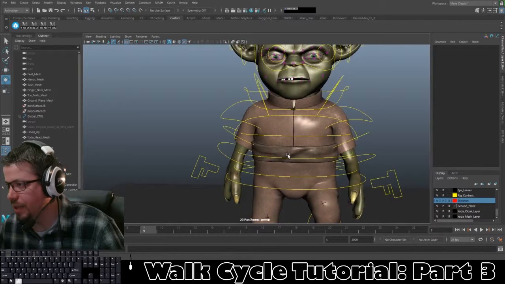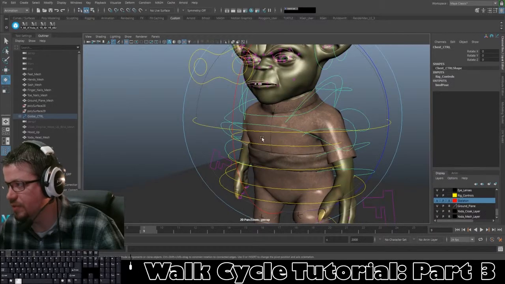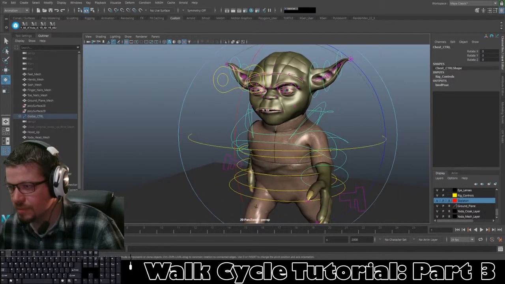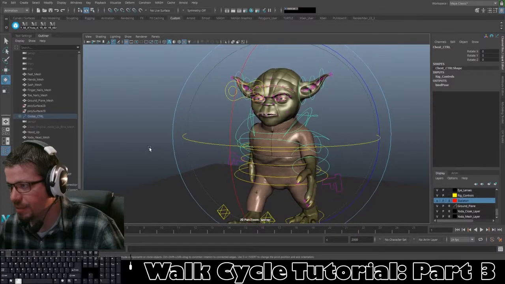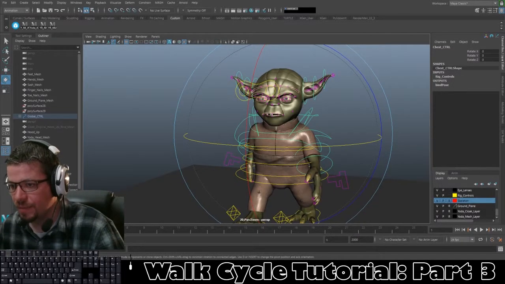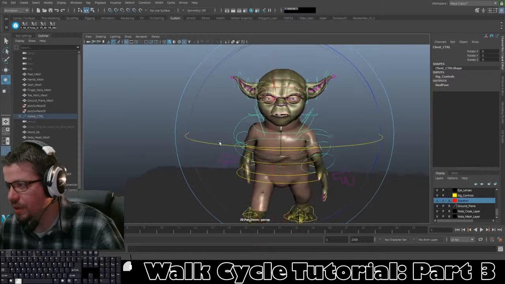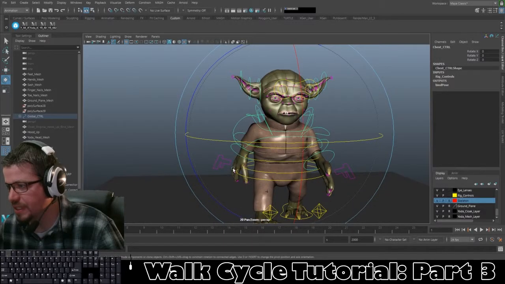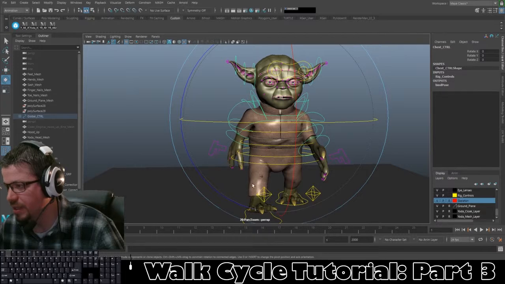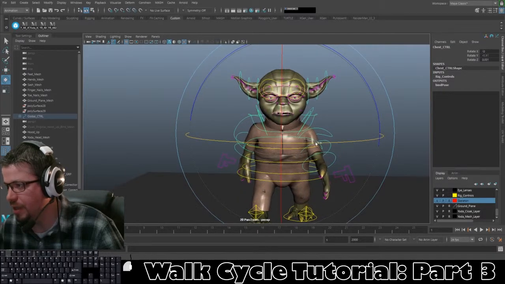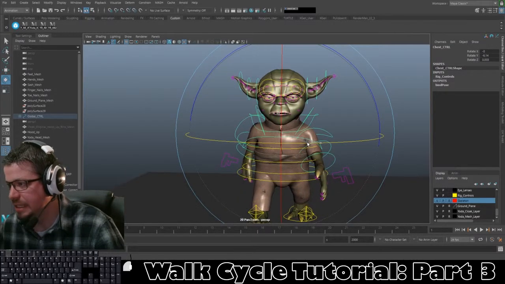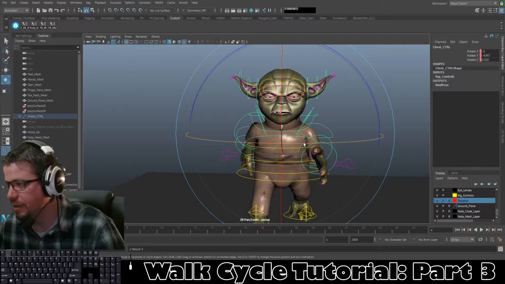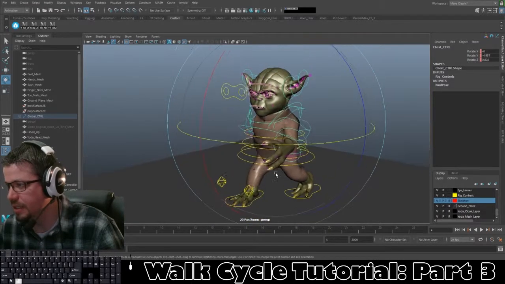Now I'll go ahead and get into the chest, my chest controller here. And I don't have any animation on this yet because I was going to get to that in this video. So on his chest controller, when his hips are swinging this way towards the propelling leg, your body's actually going to counterbalance and shift the other way. So I'm going to go ahead and do that every pose. So contact, down pose,